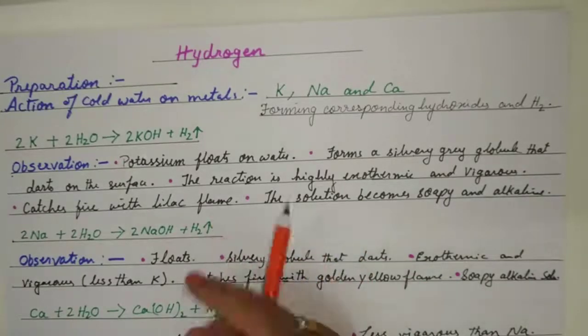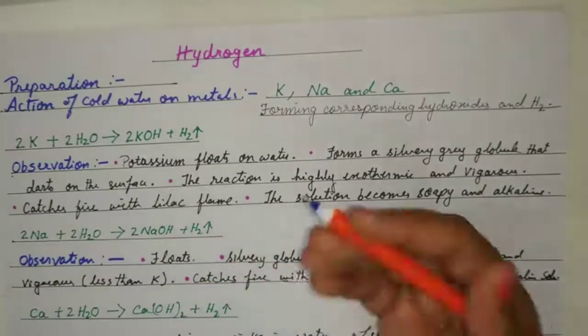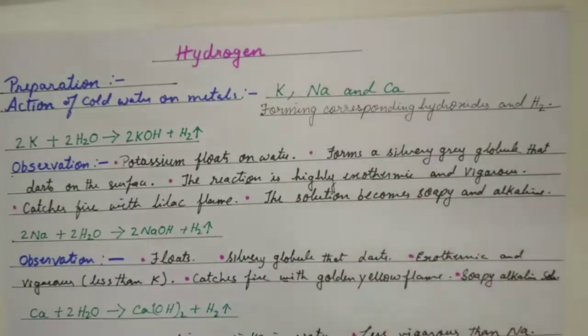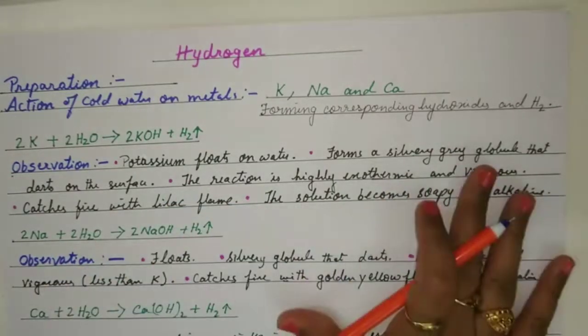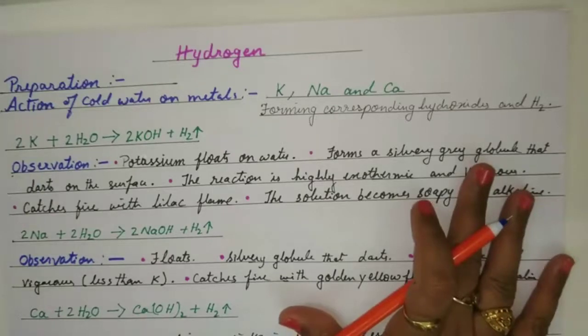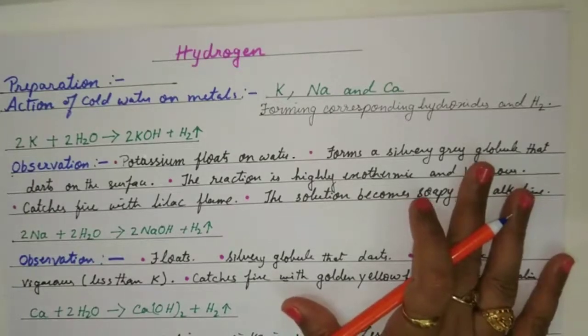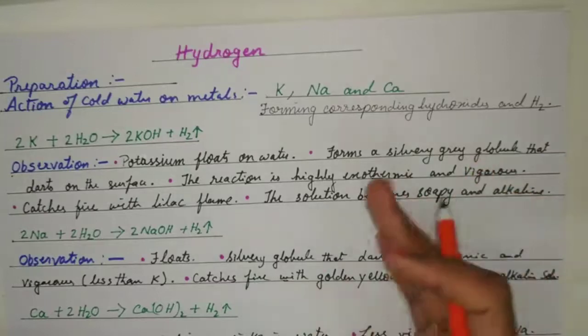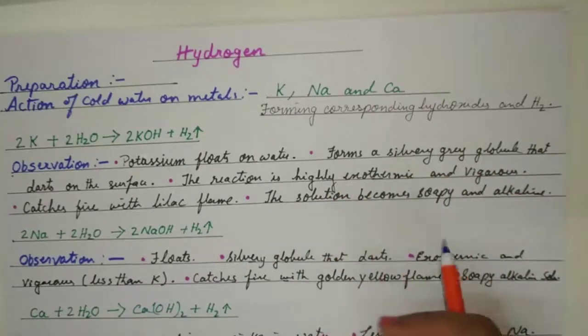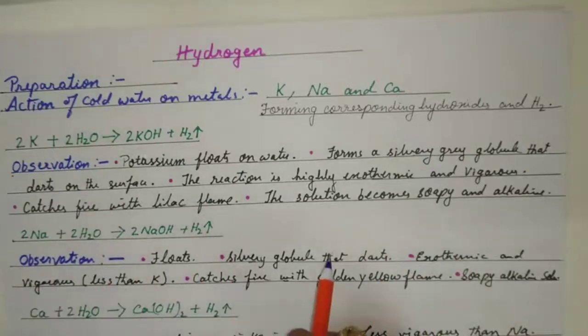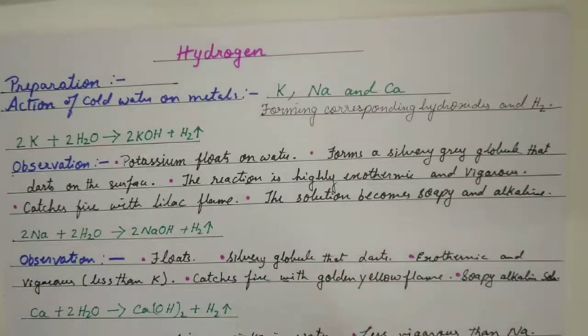Similarly, we have done this reaction so many times, asking about the reaction, asking about the observation: what do you observe when zinc reacts with copper sulfate? The answer we have discussed: the blue color fades and you get a colorless salt solution with a reddish brown deposit. But do you know why? Zinc, being above copper, can easily displace copper from copper sulfate and give you zinc sulfate and copper metal. But will copper react with zinc sulfate? No, because copper is below zinc and it will not be able to displace zinc.